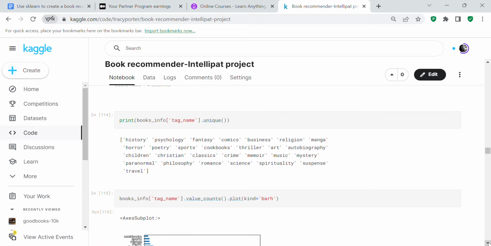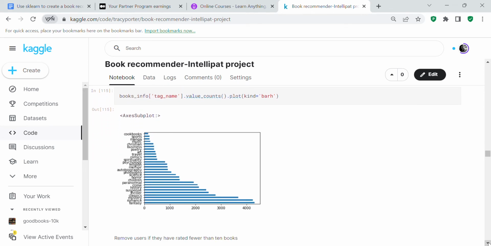But it's 1, 2, 3, 4, 5, 6, 7, 8, 9, 10, 11, 12, 13, 14, 15, 16, 17, 18, 19, 20, 21, 22, 23, 24, 25, 26, 27, 28. So you've got 28 unique values. And when we did the genre, we had 36 values in the genre. So that means that not all of the values in the genre carried over into the book info. So we look at your book info, we had 28 values,